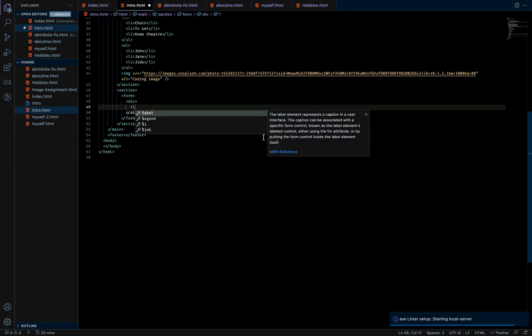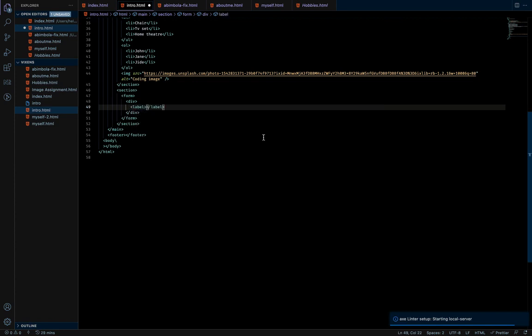So now we have something called the label tag. This label tag is a tag that you use to describe the form field you want the user to fill, because it is possible in the real world that you have the username, the person's name, and you don't know